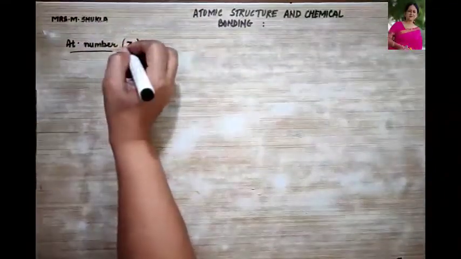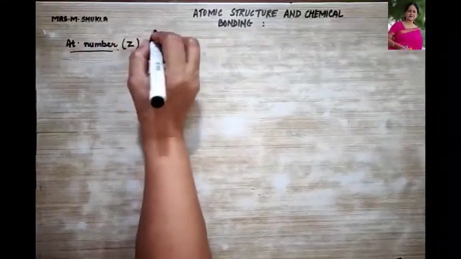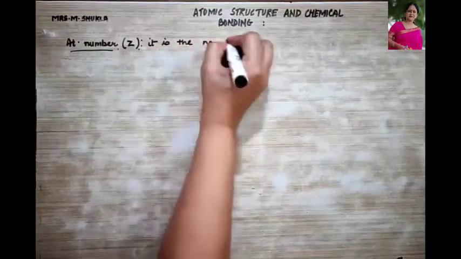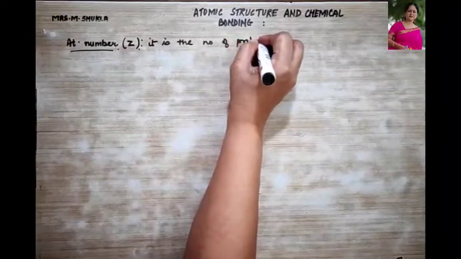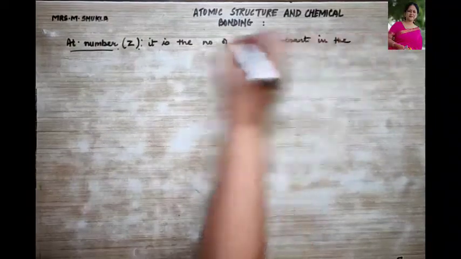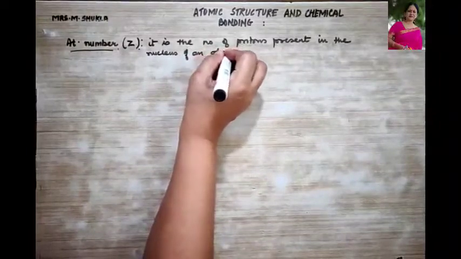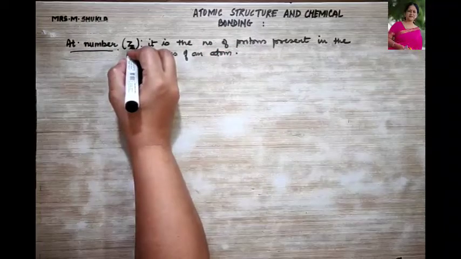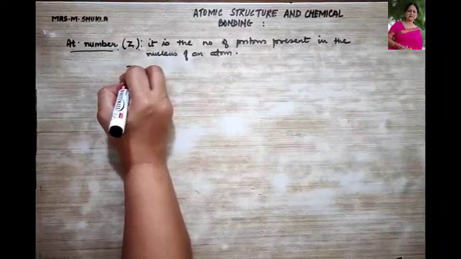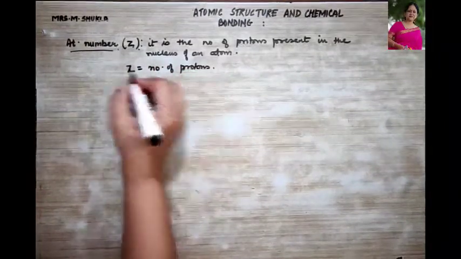So let me write down all the information that I have given you about atomic number. So what is atomic number? As I told you, it is the number of protons present in the nucleus of an atom, right? Represented by the alphabet Z. And I also said, as it is written, that atomic number is equal to number of protons, and we know that